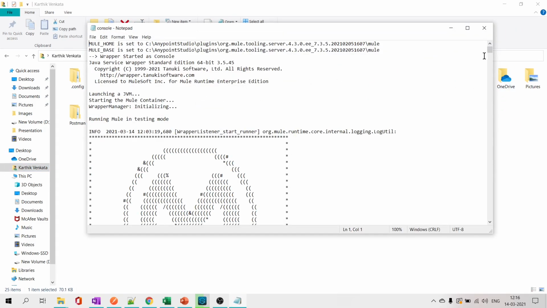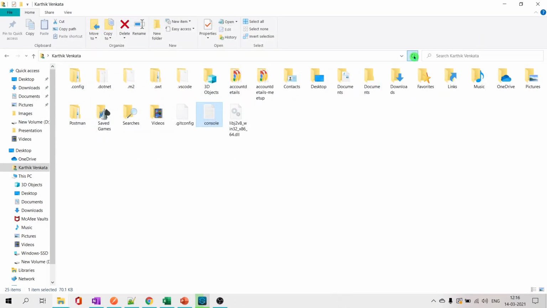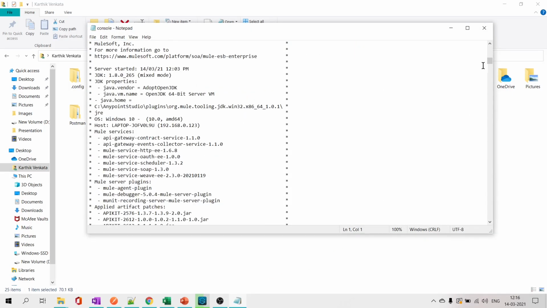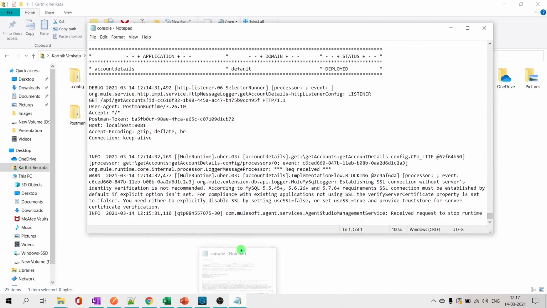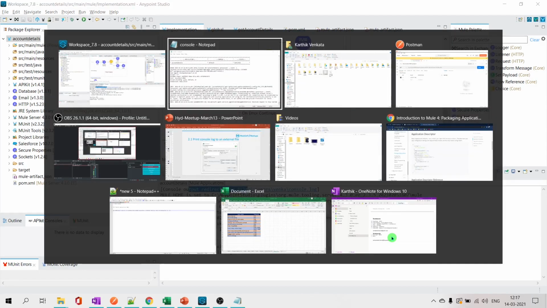This is that file. Let me refresh it. This is that file. Console redirect to this console.log.